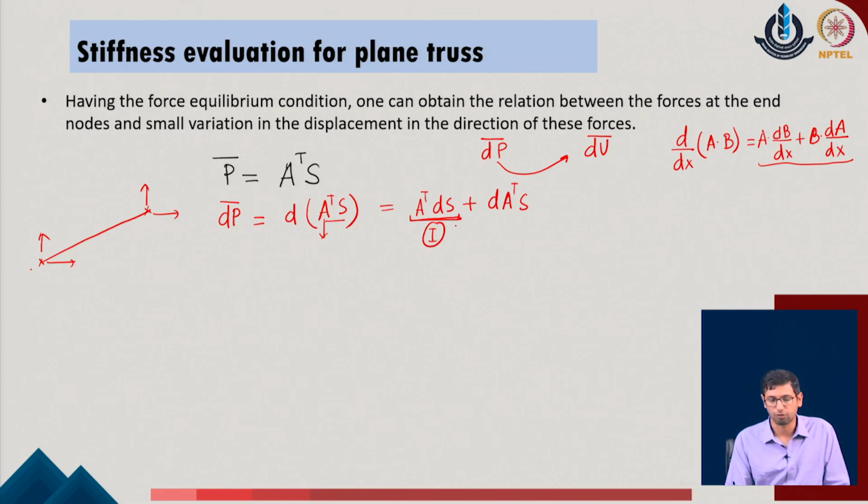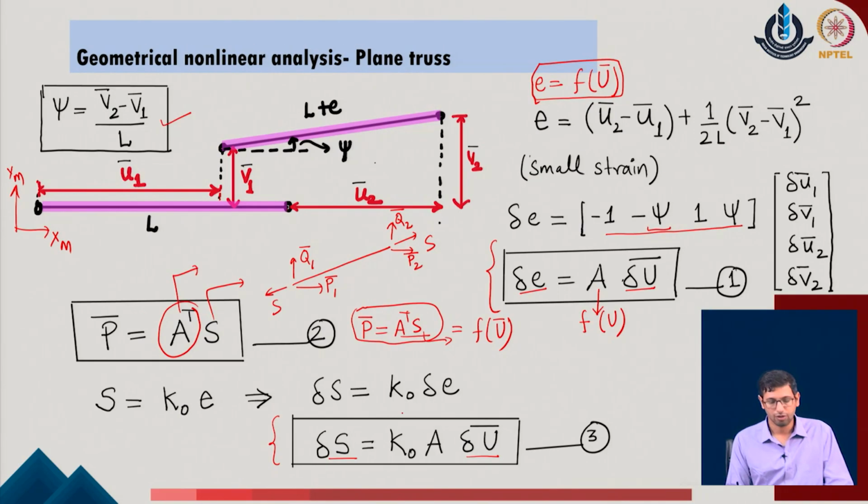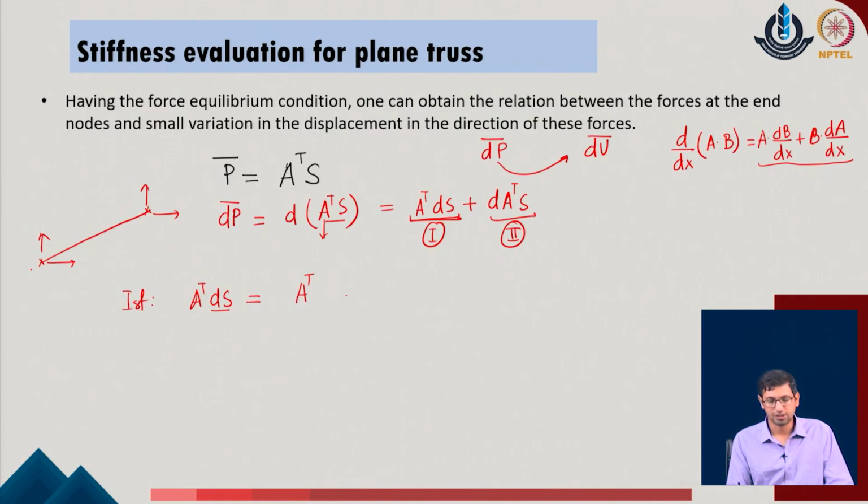Now, once we have written this incremental change in the stiffness, we get here two expressions. Say this is expression 1 and this is expression 2 of the given system. We take both expressions one by one. As we go with the first expression, we write it as A transpose into dS. Now, A transpose we have already obtained. We obtain the dS, and if we write the dS parameter from this equation, we write it as dS is equal to k naught A into d of u bar in the given system, which means that now the parameter du bar has been introduced.